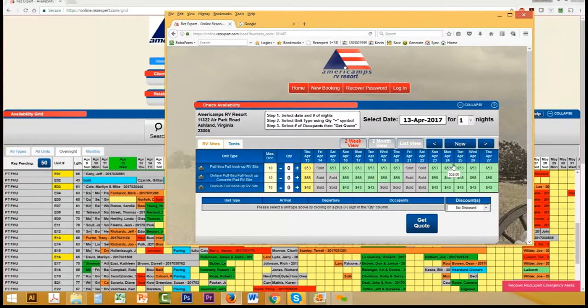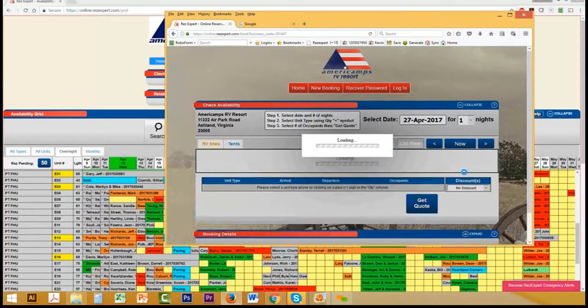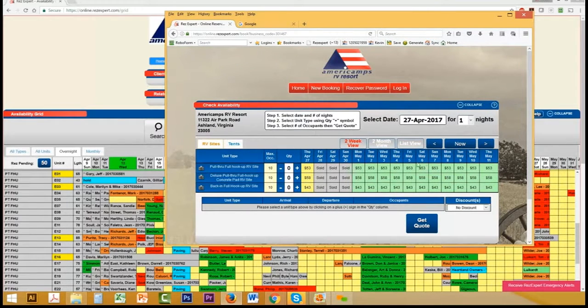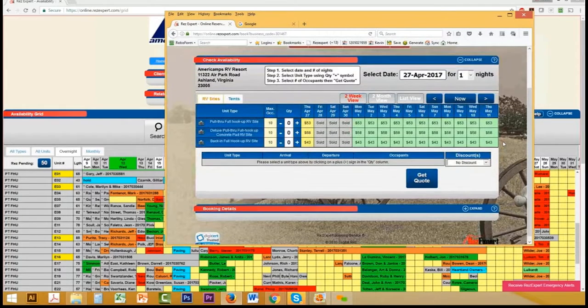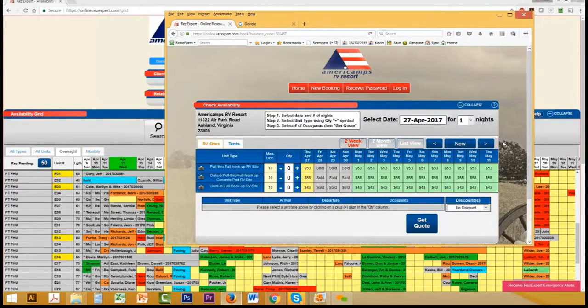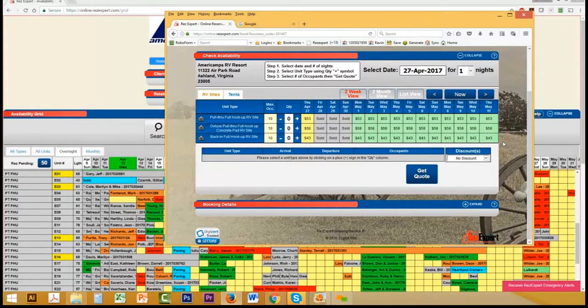So if I try to book, let me have a look. Oh, I can see it's sold out for that weekend anyway. I think that's the NASCAR weekend. 28 to 30 is NASCAR. But here at AmeriCamps, you could book a 1 night anytime. Yeah, except for those NASCAR weekends, they keep a one night. But if you go to